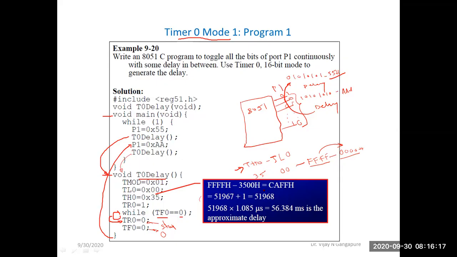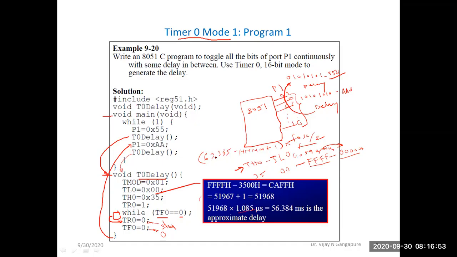Okay, so that decimal formula we are using is actually like this: 65535 minus n plus 1, and multiply by f oscillator divided by 12. So if the oscillator is 11.0592 megahertz, then this value will be